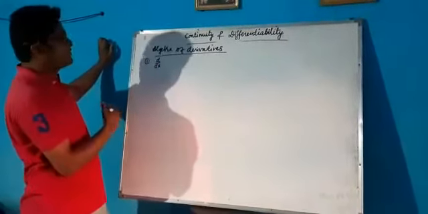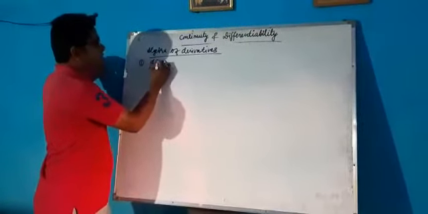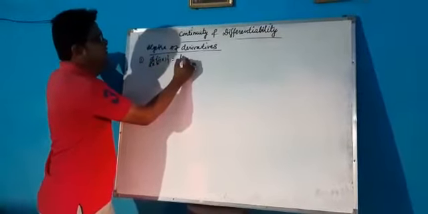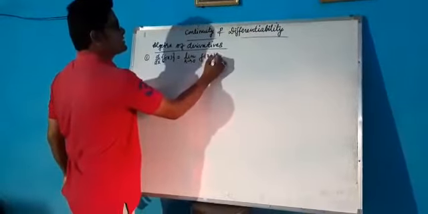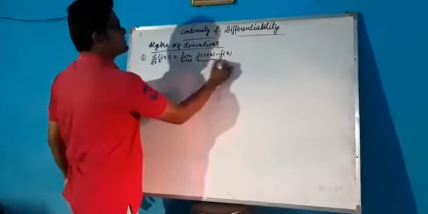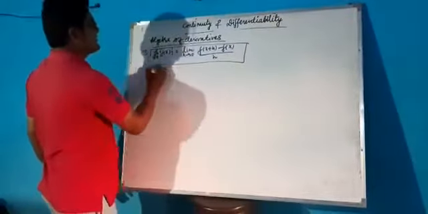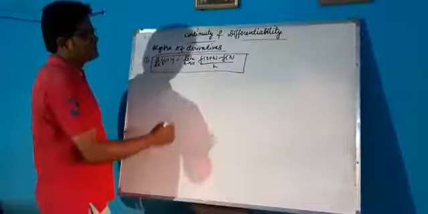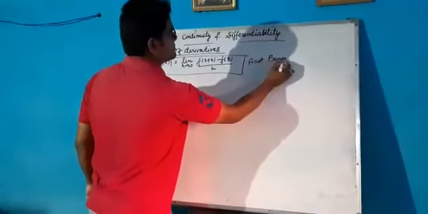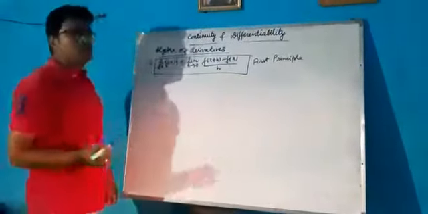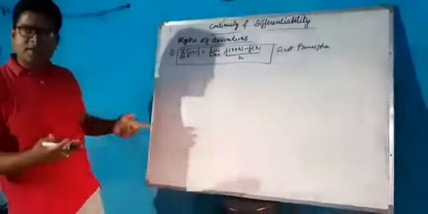First of all, you have studied this as the first principle: derivative of function f of x is equal to limit h tends to 0 of f of x plus h minus f of x by h. It is known as first principle. We can change it as x tends to a and f of x minus f of a by x minus a also. We will get the same result.